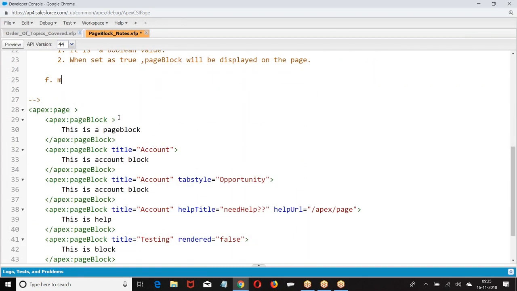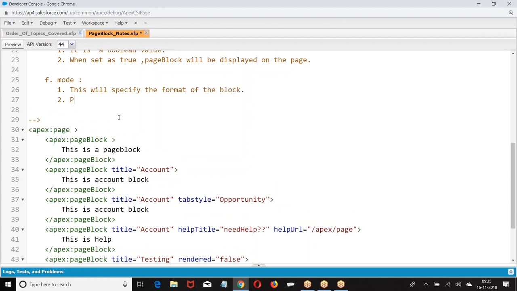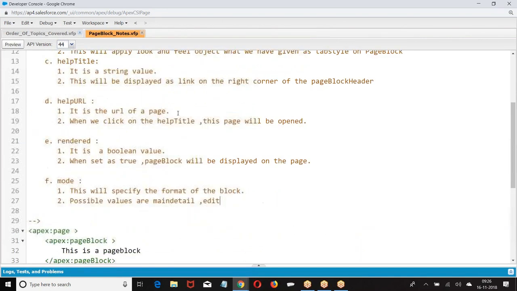Then we have mode. This will specify the format of the block. Possible values are main, detail. So this is how we have created a page block.